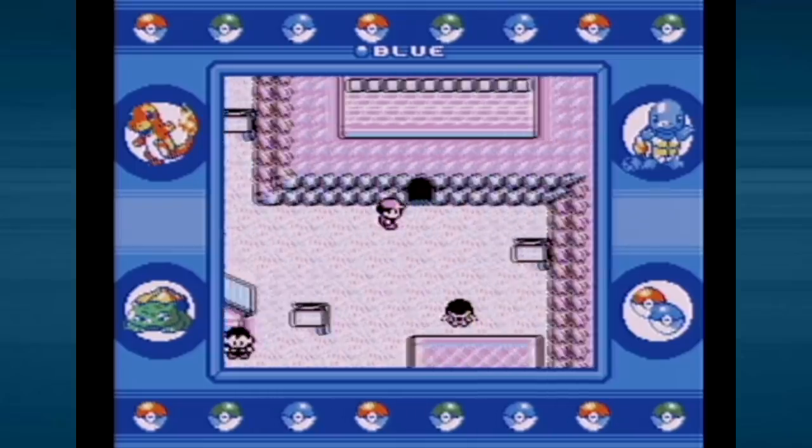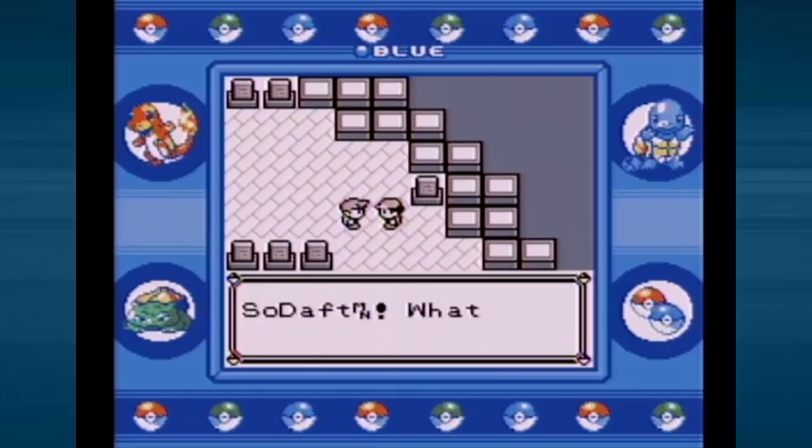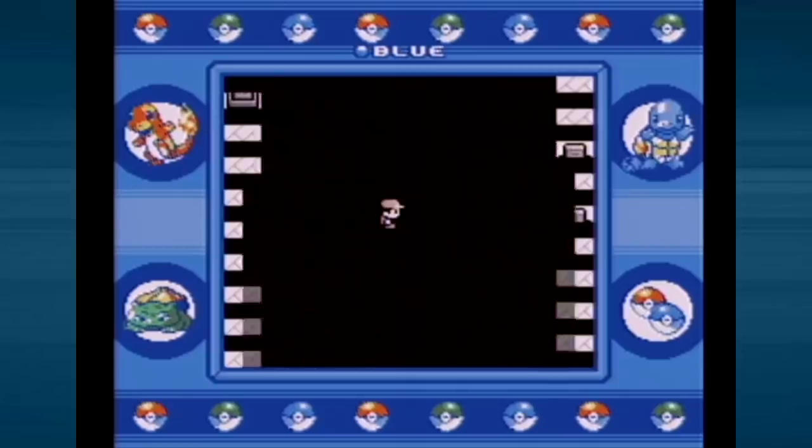Next, I just walk over to Lavender Town and go right inside Lavender Town Tower. And of course, we have a rival battle. Stank, I think you might be the stinker, buddy. Hey, Stank, how's your Raticate doing, huh? Is that too mean? With him out of the way, we go and explore the tower some more, but whenever